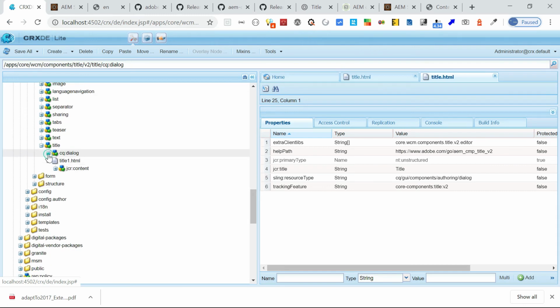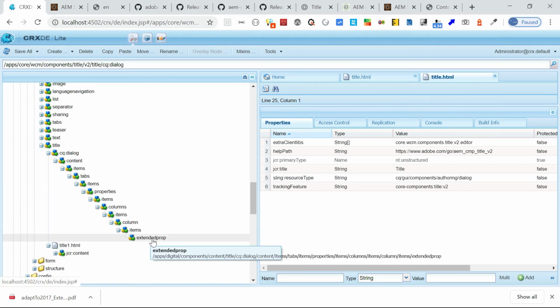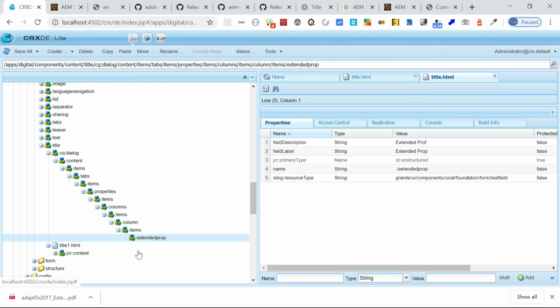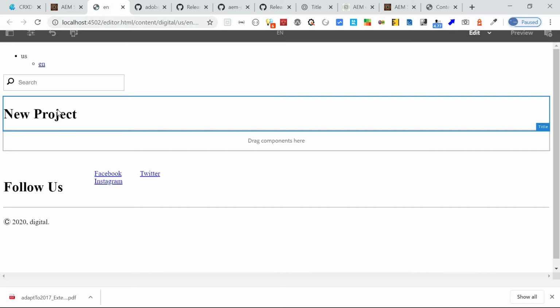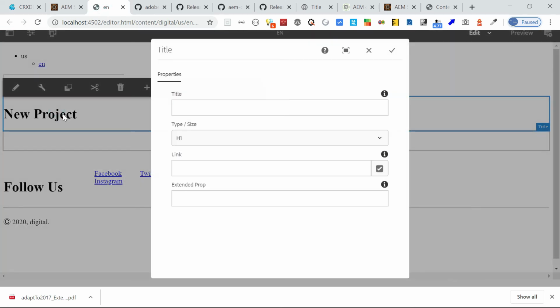In the items, I added another new property, called extended property, just for demo: a text field. Now if I go to the design dialog, I can see this extended property.